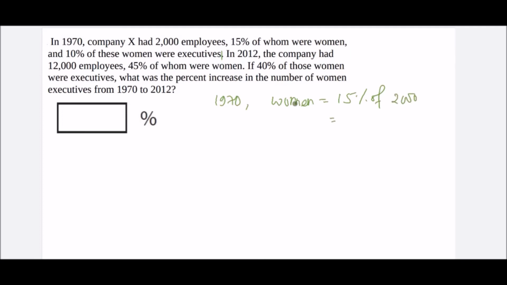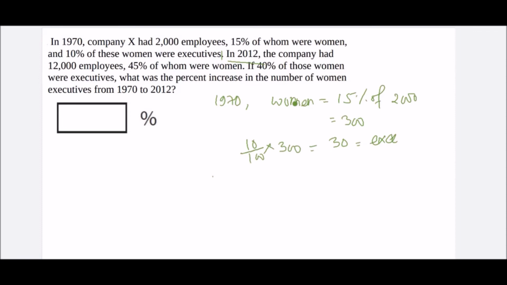So it will become 300. And of those, 10% are executives. So the 10% of 300 equal to 30 women are executives. So now read further. In 2012, the company had 12,000 employees, and 45% of whom are women, and 40% of